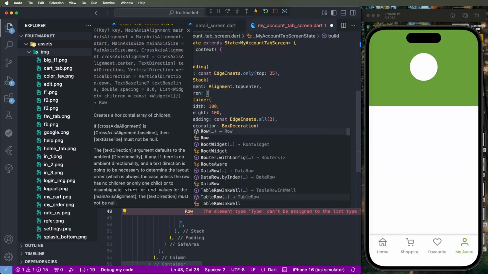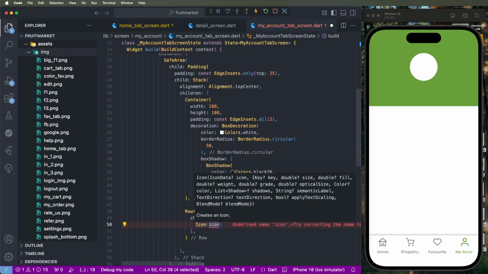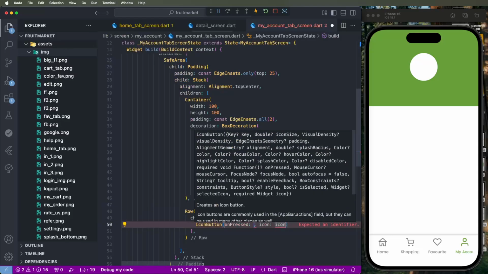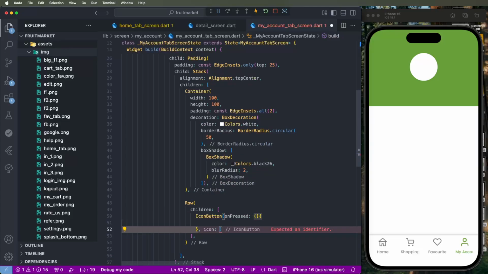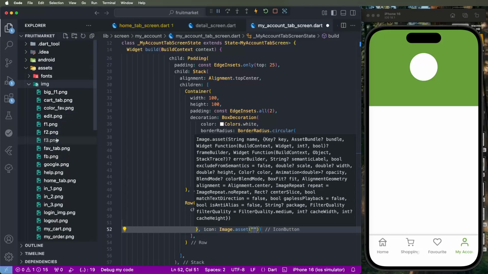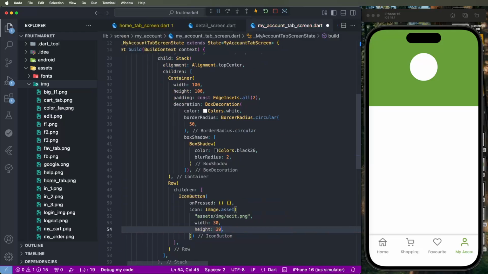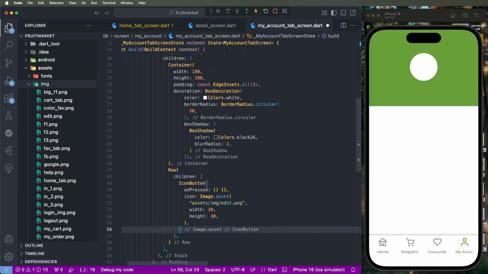Need to write down here the row, create child icon button, on press event for the edit, and we need to set the image assets, and we need to find out the edit icons. We need to copy the relative path and paste it here, and now give it the width and height. So set this to 30, and show like here, set 35, 25 is good,